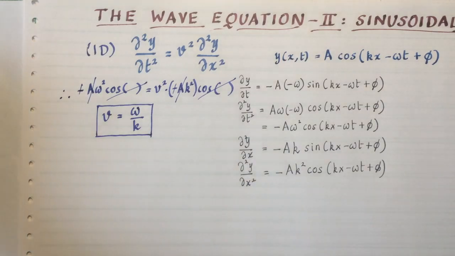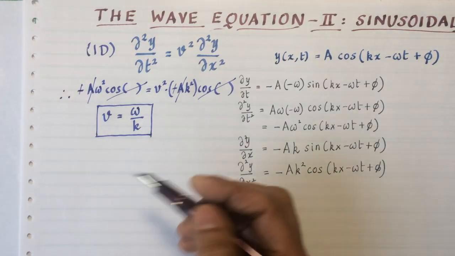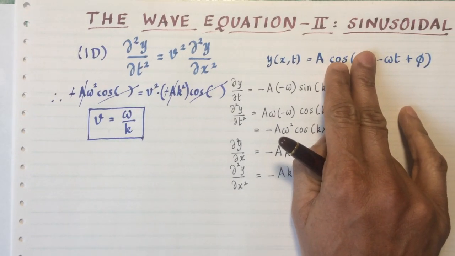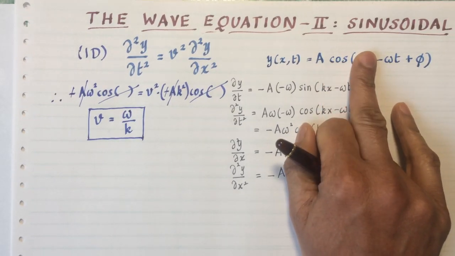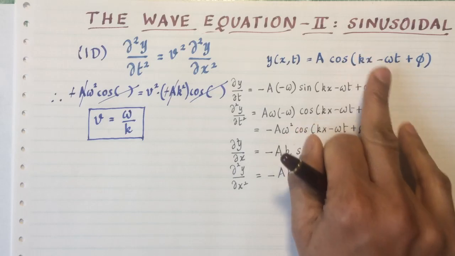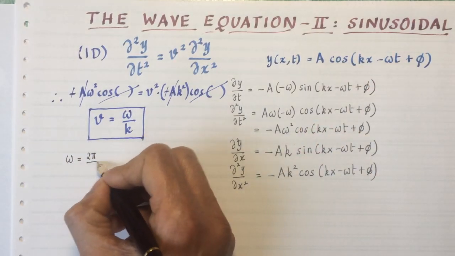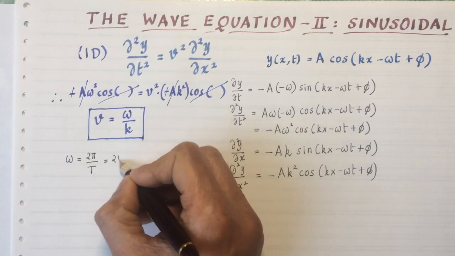Now, omega is the same omega that occurred in simple harmonic oscillation. So if you put kx equal to 0, you get A cosine of omega t plus phi. That's exactly simple harmonic oscillation. So omega is actually 2 pi over the period T, or it can be written as 2 pi times the